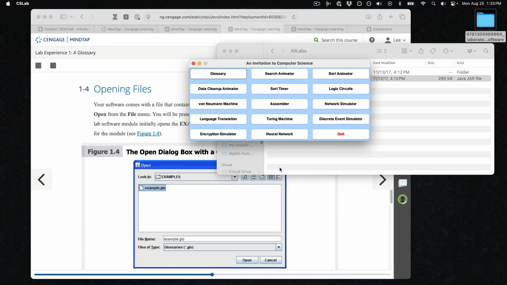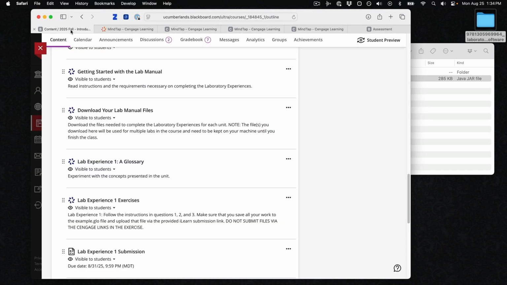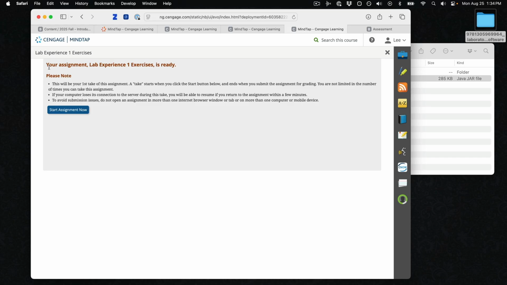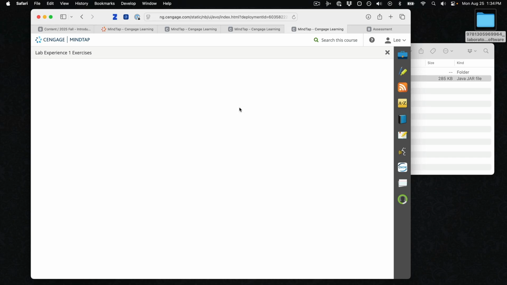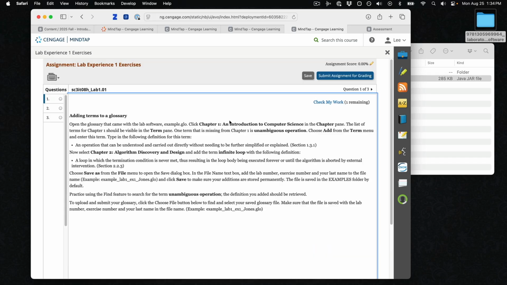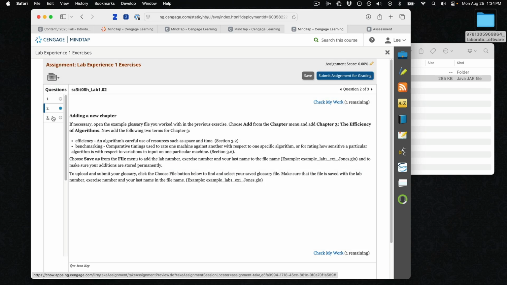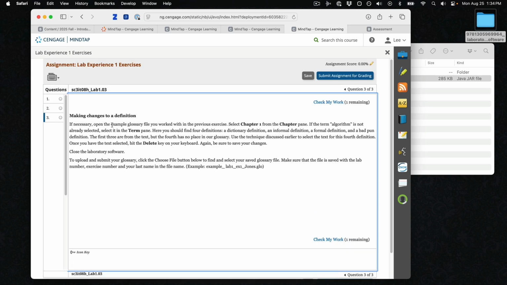All right, so the final thing to note, once you have gone through that, is you're going to actually do these exercises. So you click on that link, and it says your assignment is ready. Click Start Assignment Now, and then it will load the assignment. There are 3 questions all about looking up things in the glossary or adding terms to the glossary. So you go through each of those questions, and then at the end, it tells you